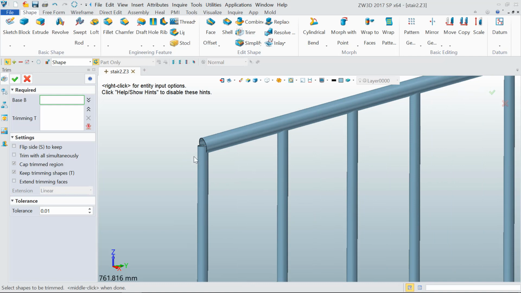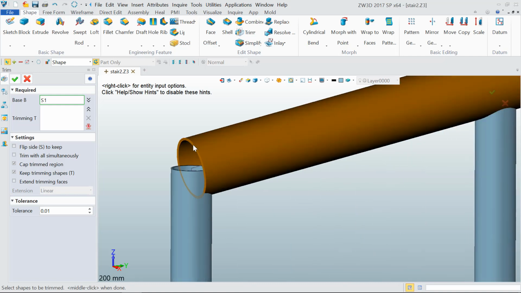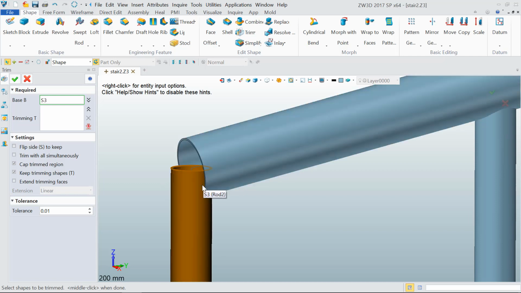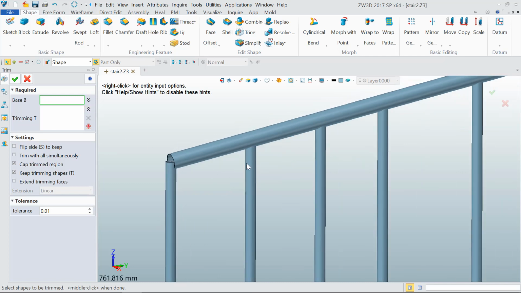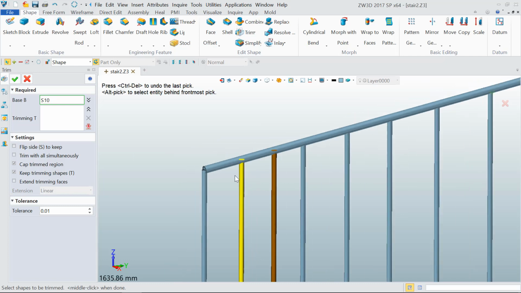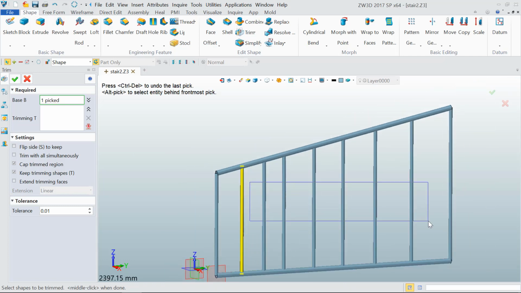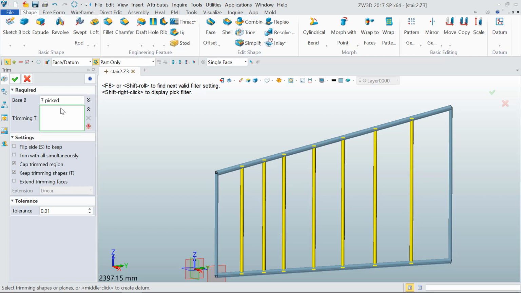This object probably cannot be trimmed because the trimming profile does not fully cover the object to be trimmed. So we will leave this for later, and we will do this operation first. For example, we will trim this member and all the members at the middle by using the trimming object. By default, I would like to tell you that the default setting here is shape